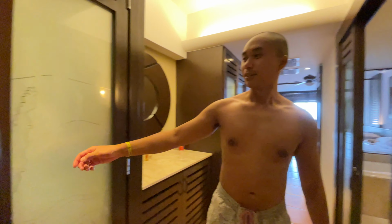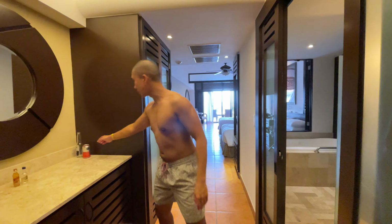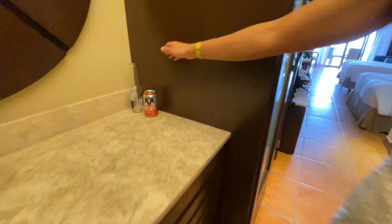And when you first walk into the hotel, by the way, very nice hotel, you'll have the first closet right here. You know, you got your safe, hangers, perfect. Oh yeah, by the way, you have two double beds. As you can see right over here, we've already started the festivities. So we have two double beds,